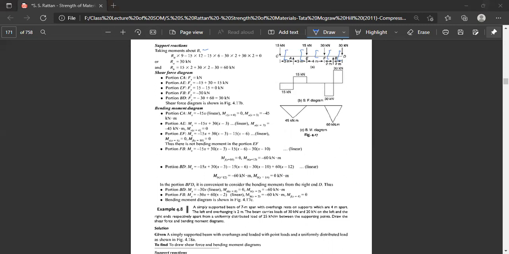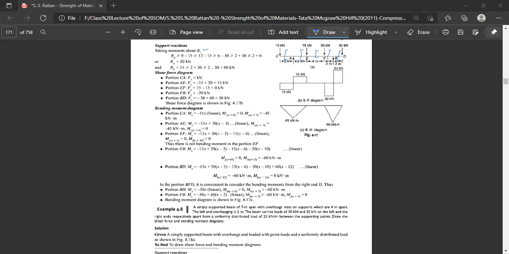The bending moment diagram acting over this portion is like this. Then we take a section X somewhere between C and A. The force acting between C and A, from C to X, is only 15 kN, and the moment of this 15 kN with the distance X is equal to minus 15x. It is acting in a clockwise direction, or anti-clockwise to the left of this section.